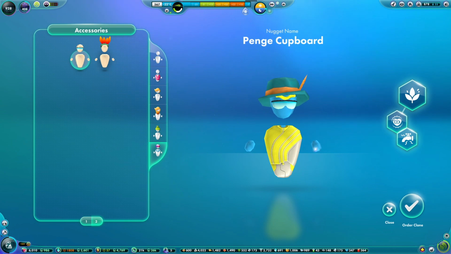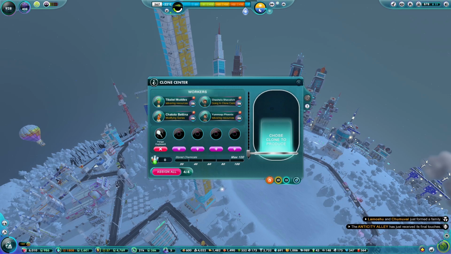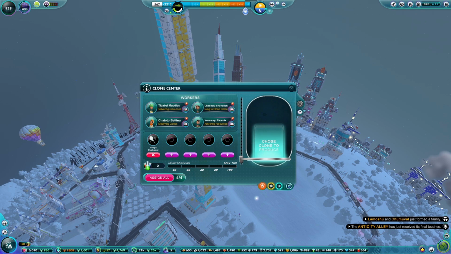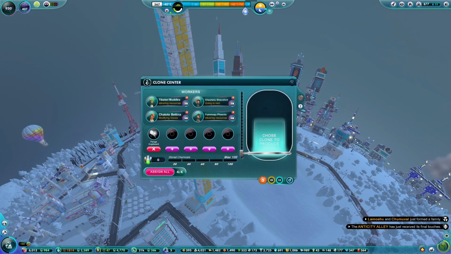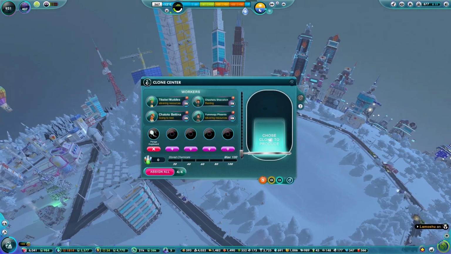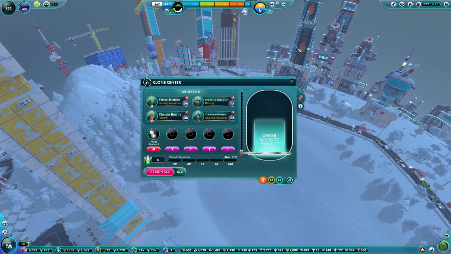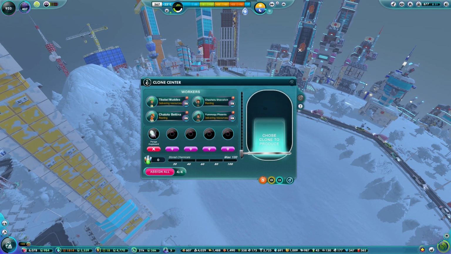Okay, I mean, there is Penge Cupboard, Nugget of the Future. Okay, order a clone. Order that. Okay, so choose a clone to produce. Can we have... hang on, I thought I'd done that. Maybe if we move time on, they might go and do something. I'm not entirely sure how this works. Penge Cupboard. I want Penge Cupboard to be cloned, please. It does say choose clone to produce. But I don't know how to...